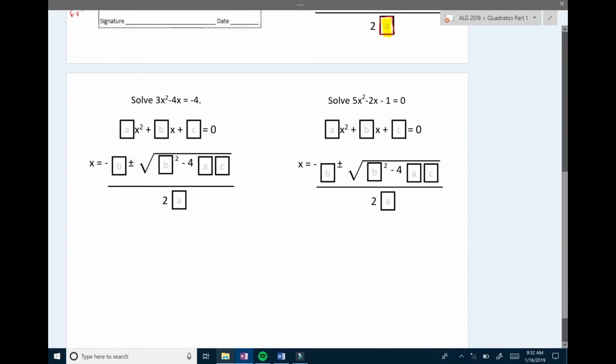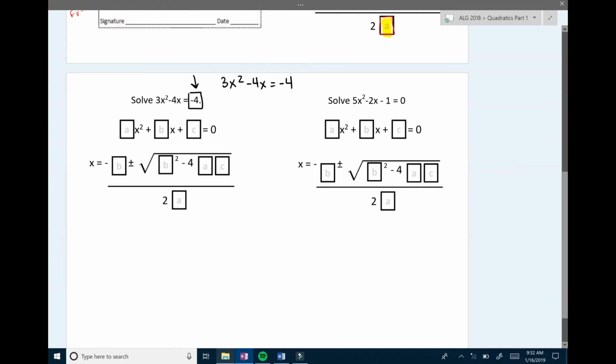Solve 3x squared minus 4x equals negative 4. First thing you need to know, does this equal 0? Well, no, it doesn't equal 0. So I can't start this problem until it equals 0. Okay? So how would I get this negative 4 and get it away so I can make it equal to 0? So if I write 3x squared minus 4x equals negative 4,